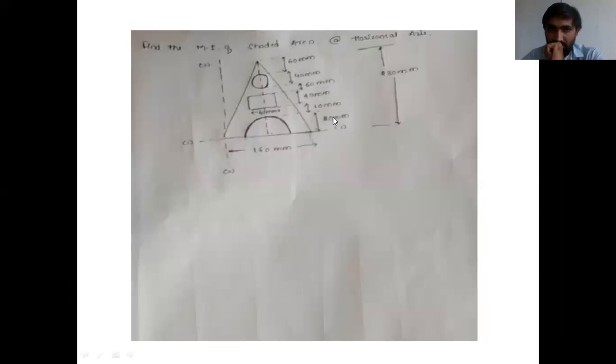Can you see this entire figure? There is one whole triangle, and out of this whole triangle we have a circle and a rectangle. This is a square, 40 by 40. Similarly there is one semicircle, so the radius will be 20 and the width will be 40 millimeter. Right? We are left with only 4 minutes, I think, so copy it down fast.